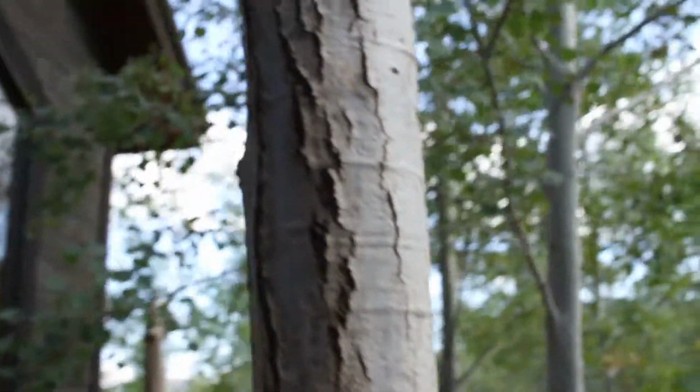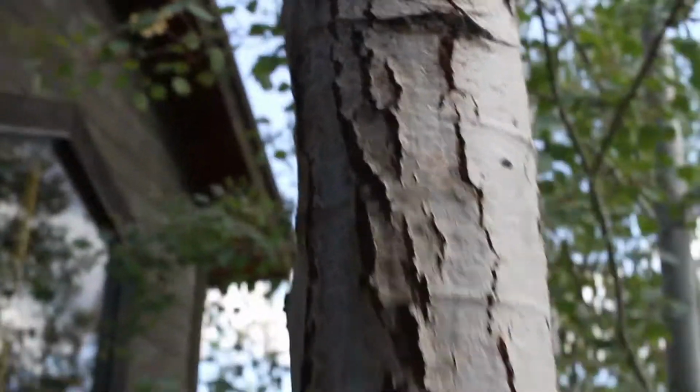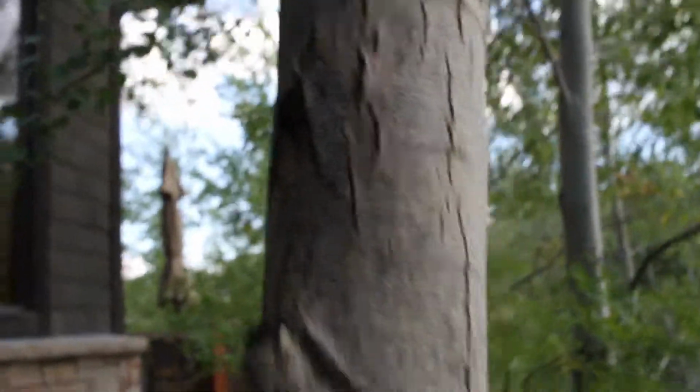But this tree here was infested with them last year. And I scrubbed the crap out of it. And I think this is the tree I used this wire brush on. And you can see I'm getting bark damage on it now. But this I know is my new stuff, because this right here was clean at the beginning of the summer. So I'm kind of hoping that these are dead because I've hit them with my horticulture spray, which is designed to choke them out. I've done that twice, but nonetheless,